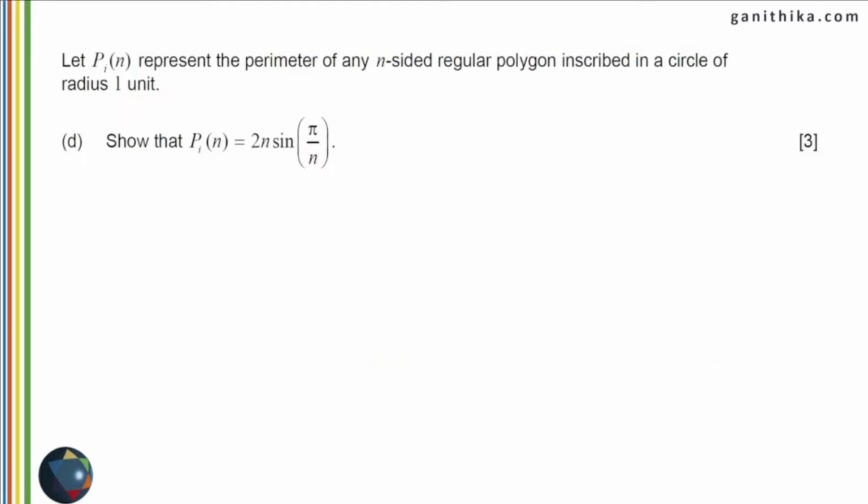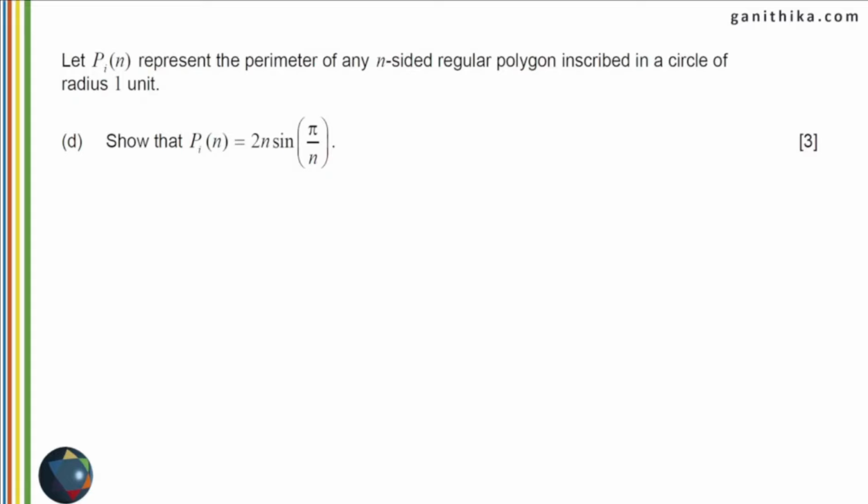Now, we are going to analyze the pattern. We are going to go for n-sided regular polygons. We are done with the examples. We started with n as 3, n as 4 and n as 6, and we had a pattern. We know how to find the perimeter. The idea was that we cut the hexagon into isosceles triangles and found x using either the cosine rule or a right angle triangle. We substituted n times x for the perimeter and found the perimeter. So this is the process we did, and we are going to do the same thing for an n-sided regular polygon inscribed in a circle of radius 1 unit.